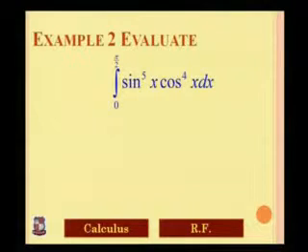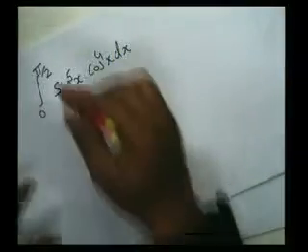Integral from 0 to pi by 2 of sin raised to 5x into cos raised to 4x dx. Here